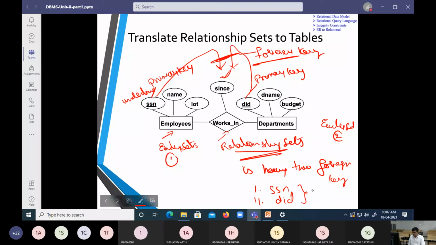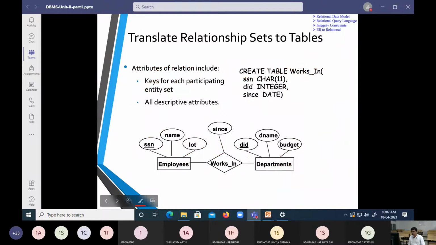And SSN and DID are going to be the primary keys in the entity sets. Now, here we are going to show the translation of relationship sets to tables. So how we are going to make a SQL command here, that was the main objective of what we are going to say.